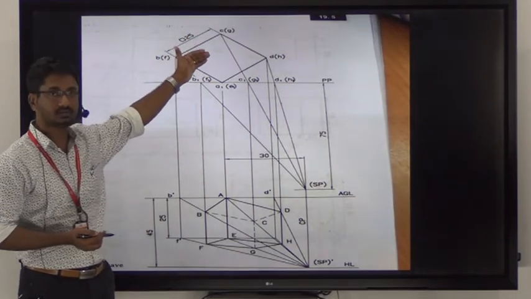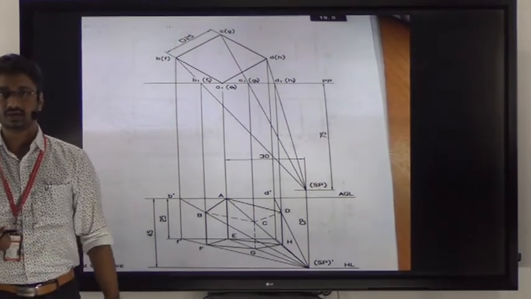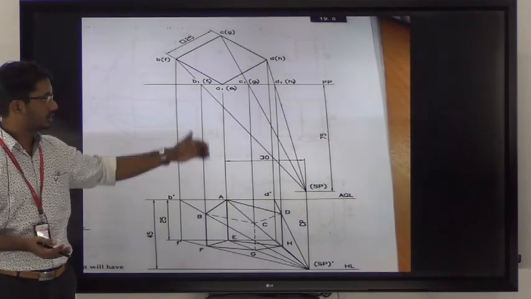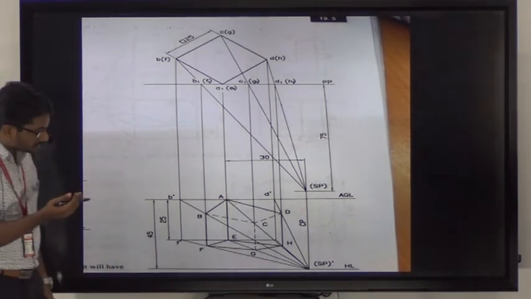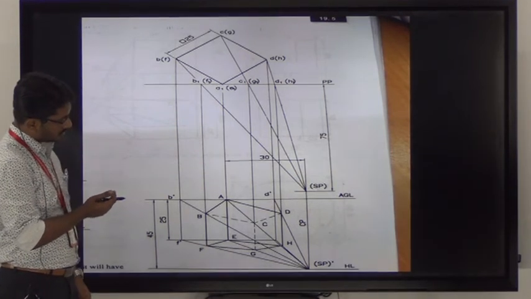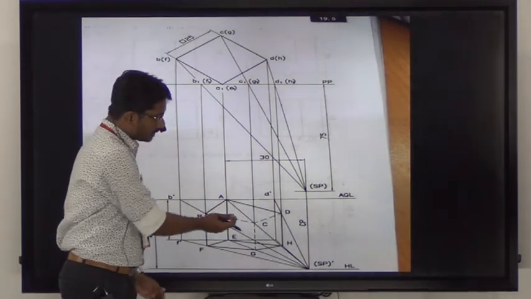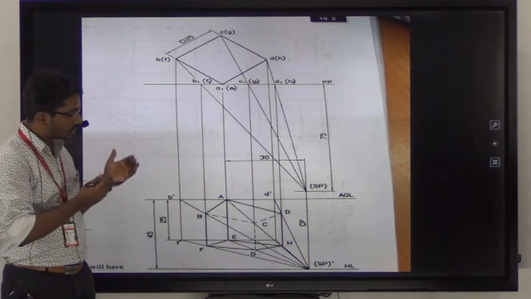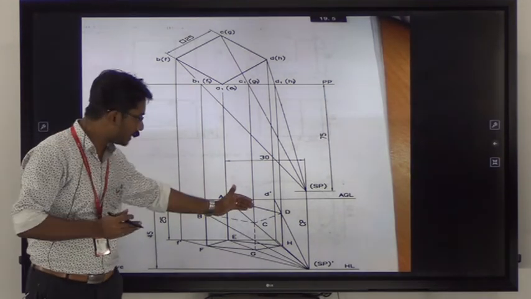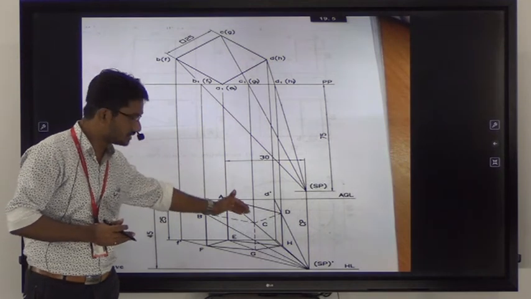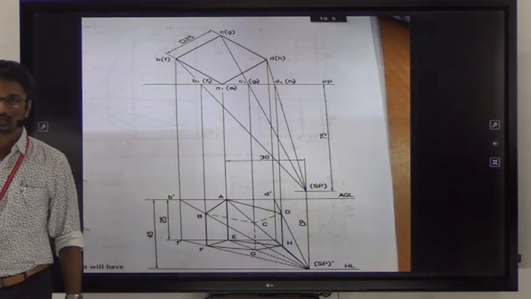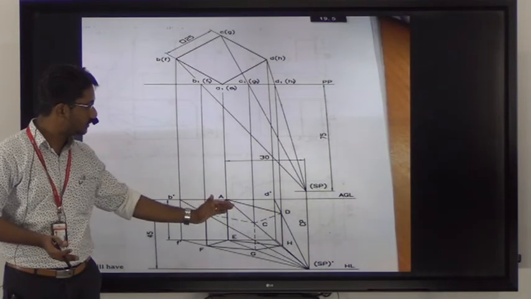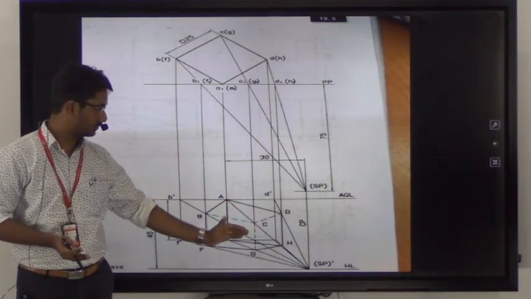This problem is also taken from the textbook Engineering Graphics by P.A. Varghese. So if you have any doubt, you can refer to that book or you can contact me. There may be some difference between the figure I got and this one, because I haven't used any scale and I have simply drawn the figure by hand. But the procedure for drawing the problem and the procedure for identifying the visible and invisible edges are the same.